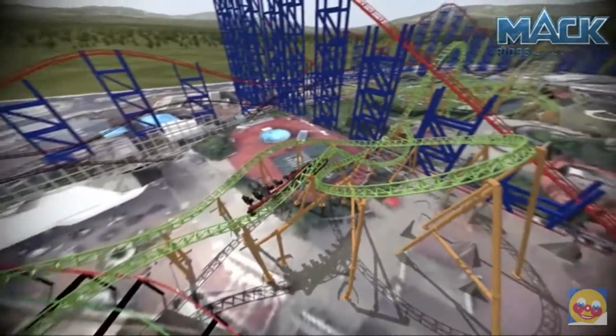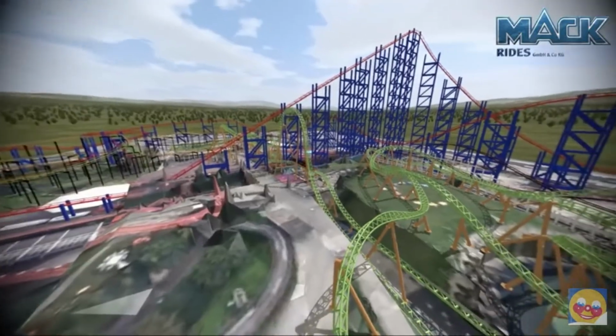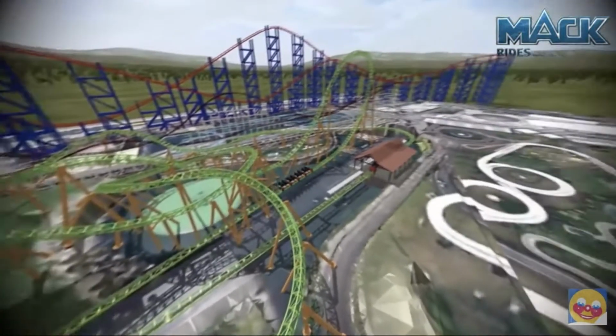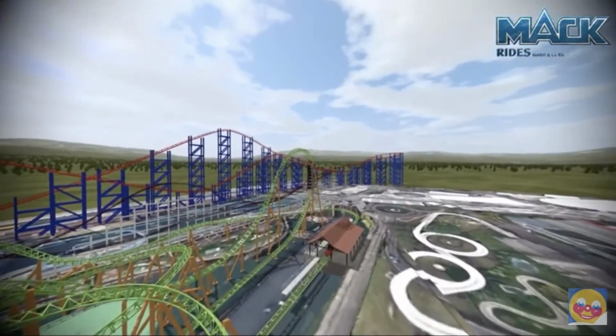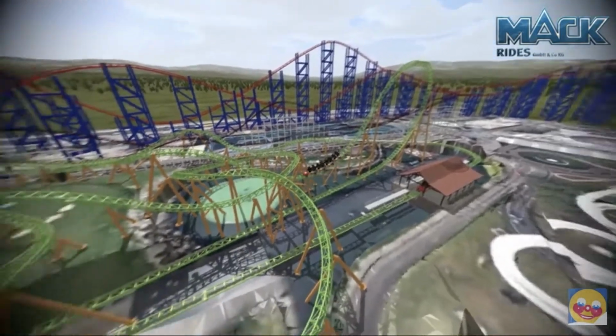So I timed it, it was about a minute to a minute 10 from launch to brakes, so that's really nice. It has 2 really cool inversions. Here's the second one right here. They look like they have some really nice hang time at the top, and overall it just has some cool